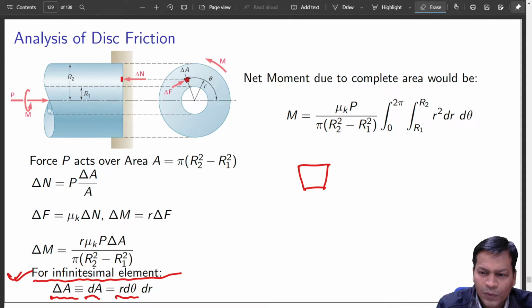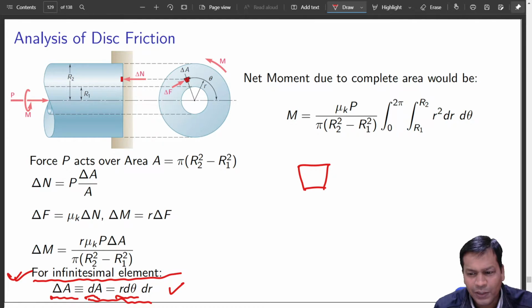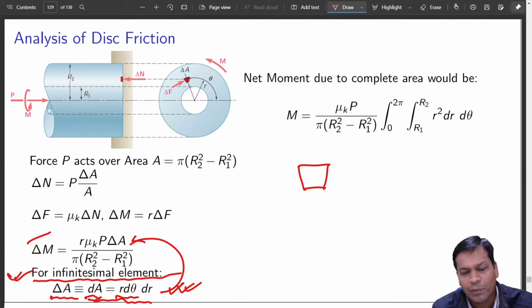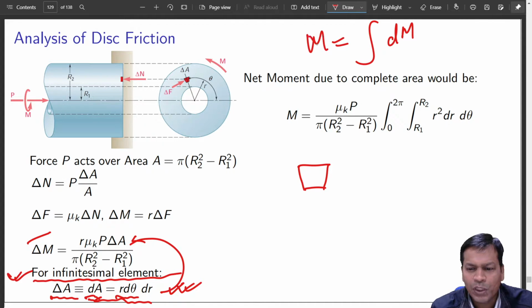So now quickly you obtain dA is equal to this, and now I will do double integration of this. Why? Because you have two things: theta is also varying from 0 to 360 degrees, 2 pi, and radius is varying from r1 to r2. I will substitute everything here now. So dA will go here, moment will be dm integrated all over, so that gives me the total moment. Dm integrated all over the disk will give you m, so the total moment will be equal to this.